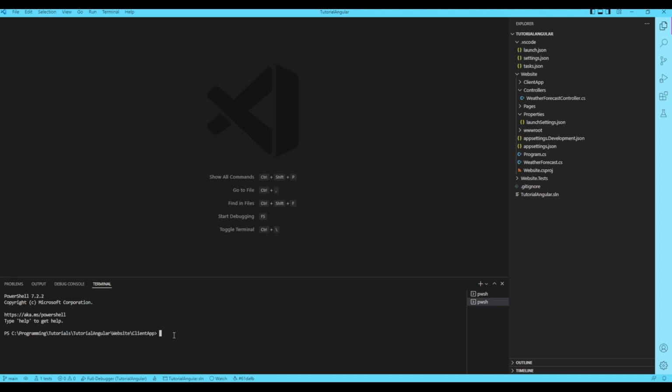What we want to do is type in a command that's ng. All of the Angular command lines start with ng, and we'll do ng update. So hit enter, and this will take a couple moments to run, maybe a minute or two depending on your system. I'll just leave it running so you guys can see the duration and not wonder why yours is taking a lot longer than mine. If I skip ahead,